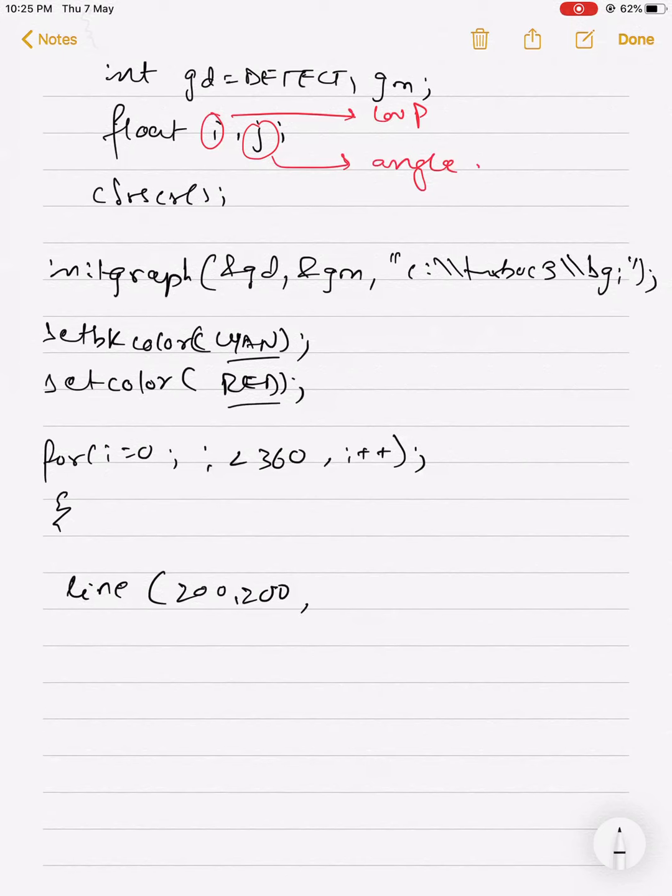Now the ending point will be, say, 200 plus 200, you understand, x and y: x plus h plus r cos theta. Radius I want to keep as 50, so 50 cos theta, comma k plus r sin theta.